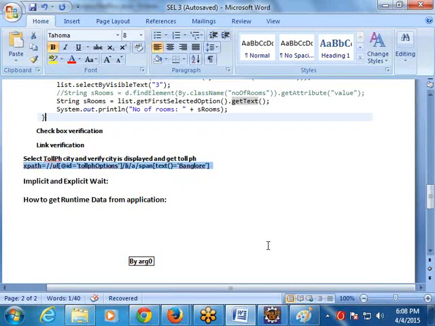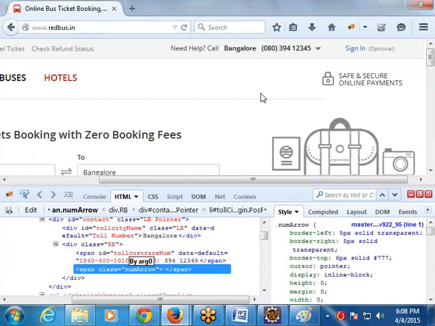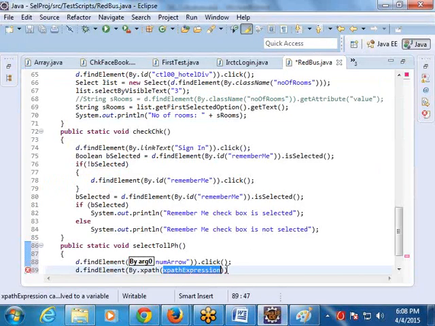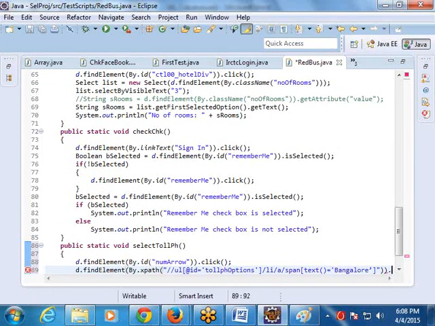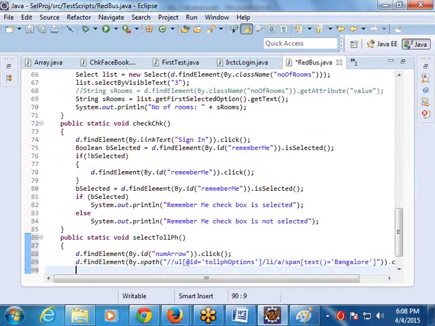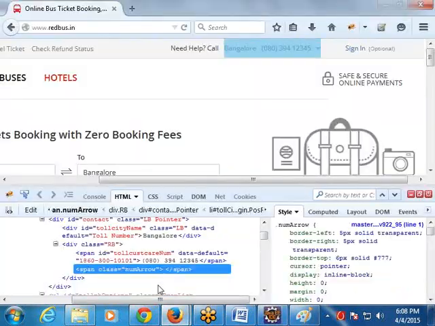Bangalore spelling is right? GA, okay. Yeah, okay. Just copy up to here, up to double slash, and you copy paste it here, and dot click, done. Done. Now once you select this, then you have to verify what value is displayed here, then you can